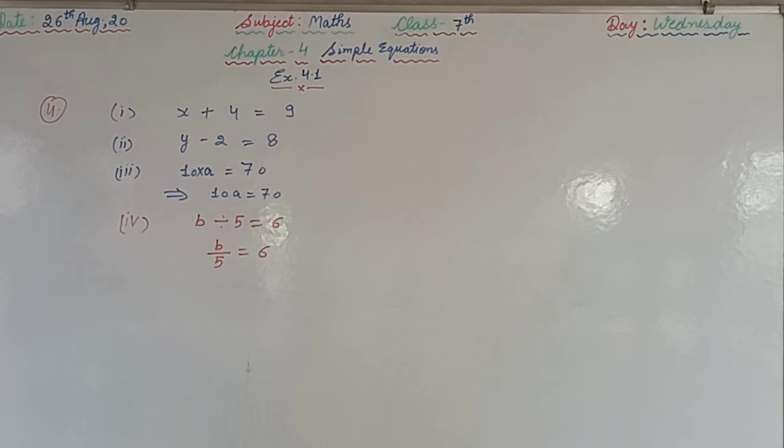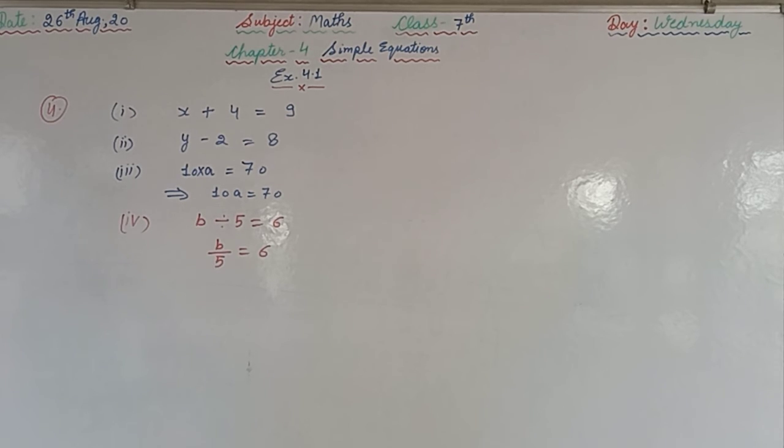Fourth one, if a number m is divided by 5 it gives 3. Again, 3m upon 5 is equal to 6. Thrice a number m divided by 5 gives 6. That is part 6. 3m plus 4 is equal to 15. If 3 times a number p is added to 4 it gives 25. What is written as the equation, we are supposed to formulate into the statement. So this question is like that.